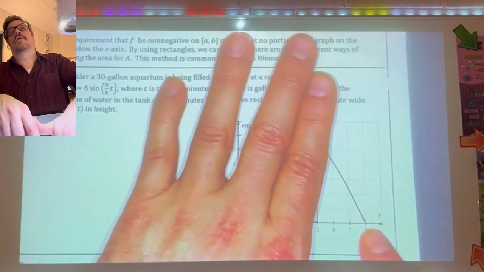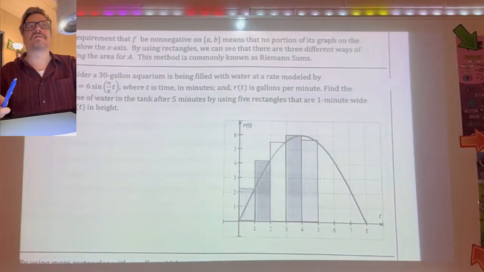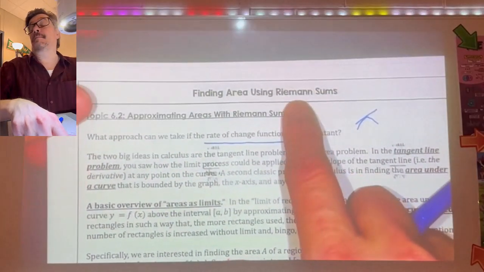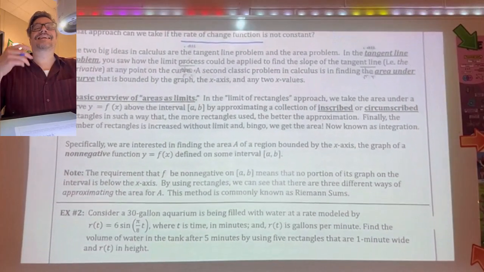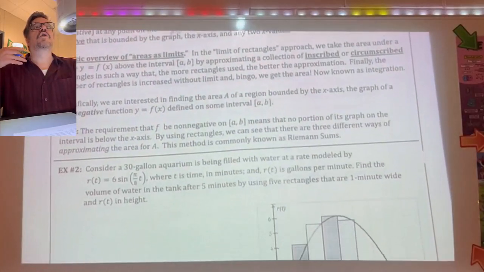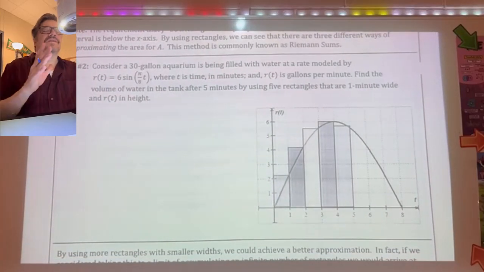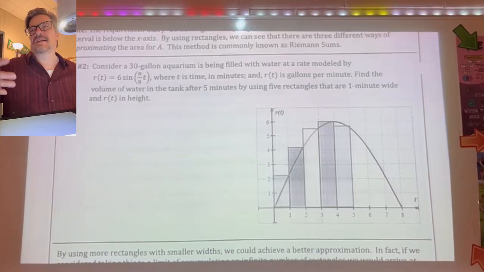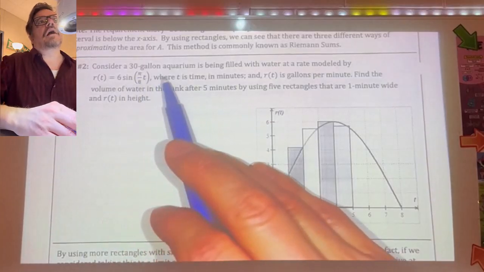Newton just had this idea called infinitesimals, and it worked, but he didn't make it perfect. Riemann made it perfect. He went under the hood and figured out exactly how this works. That's why these sums are named after him, even though Newton had a similar idea. Newton wasn't a mathematician, he was more of a scientist, a physicist. All right, so let's say, though, that you did have a 30-gallon